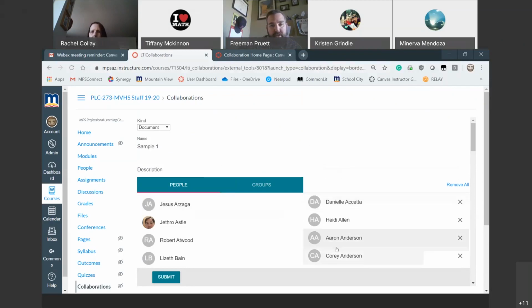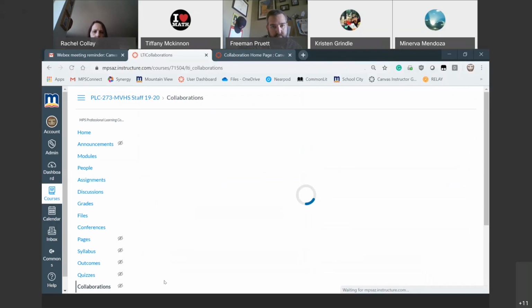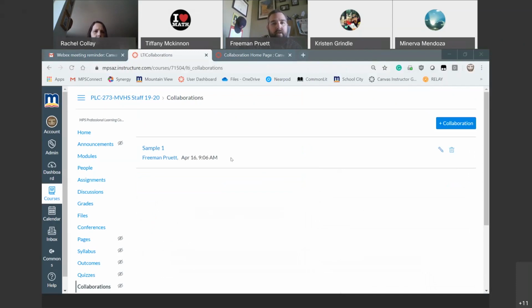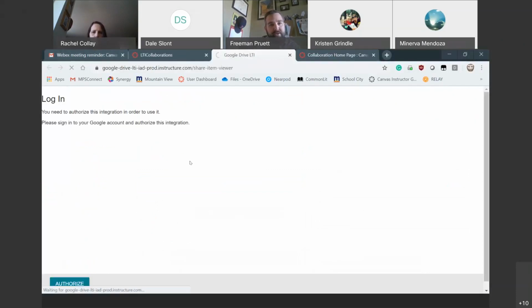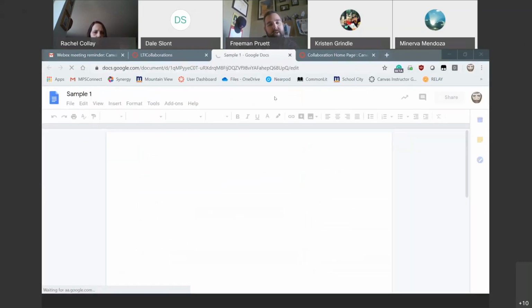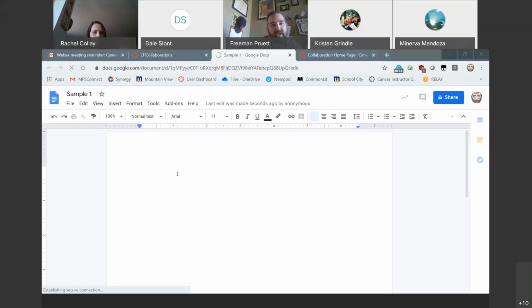Once you hit submit, this creates groups on the Google Doc, so make sure you're arranging them ahead of time, doing a little bit of planning for this. Once I've chosen the group, I hit submit, and it creates the document as you see in this list. This sets up a Google Doc for these four people who can access it through collaborations. They'll hit the assignment, and it'll take them to this Google Doc, and they'll immediately start sharing it. Those four people would hit that button and end up here, and they can begin doing whatever assignment that you